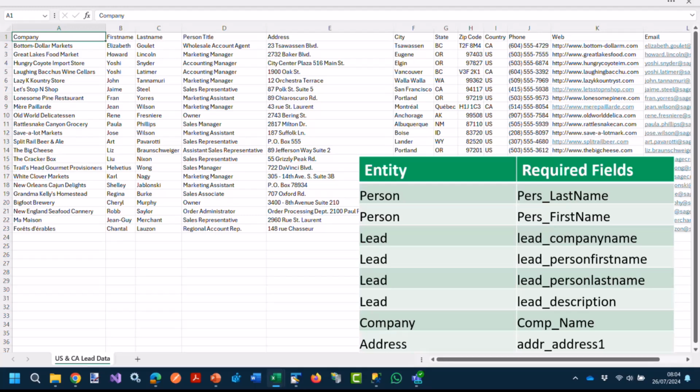Now, that is such an easy check to make. Just make sure that there are no empty, null field values in any of the columns that are mandatory inside